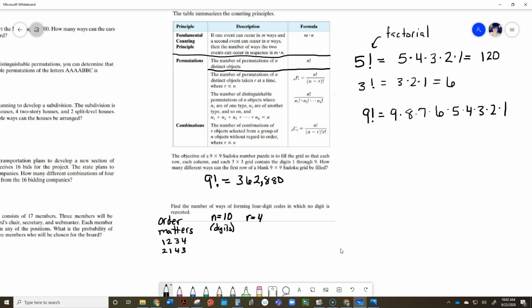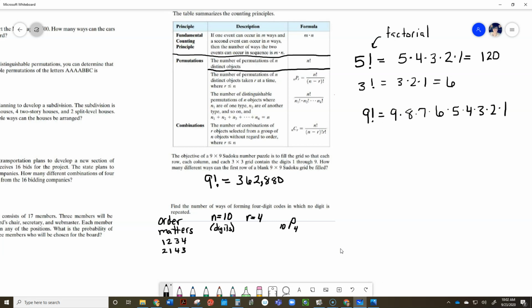When we get down to combinations in a minute, we'll talk about examples of combinations where order doesn't matter. So this problem right here would be denoted, if we were using the notation, 10 permutate 4, a permutation. We have 10 items, we're choosing 4. I often though say 10 choose 4 where order matters,